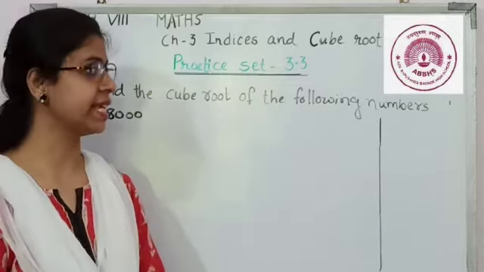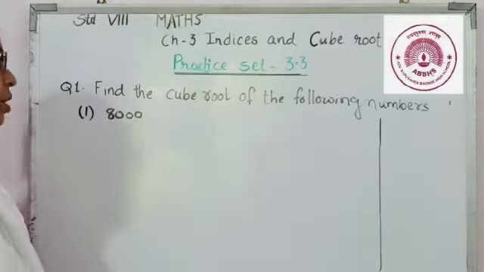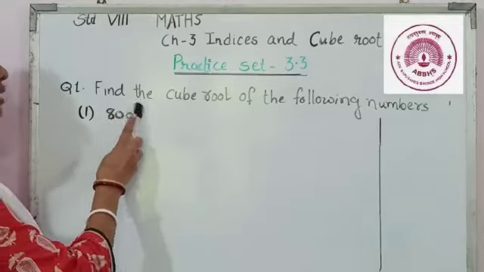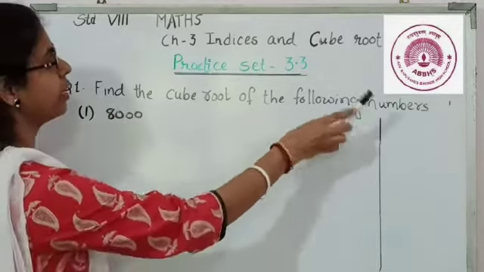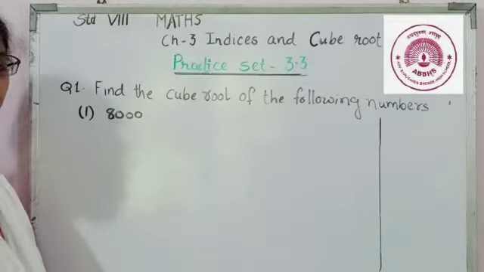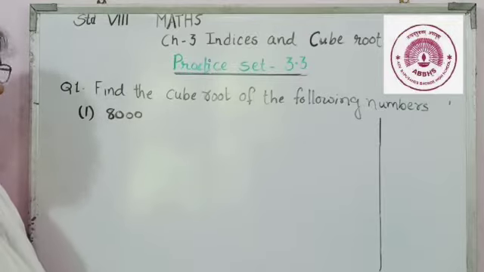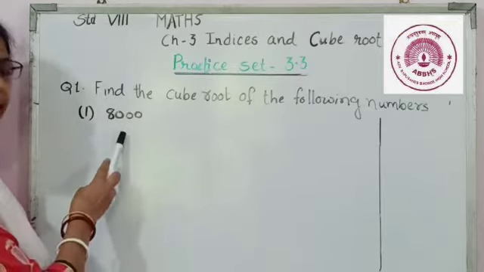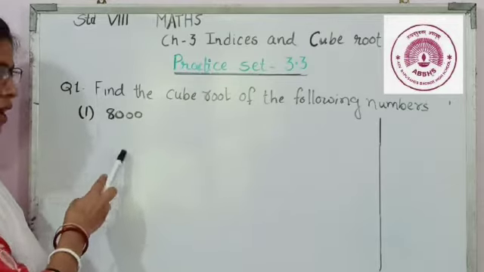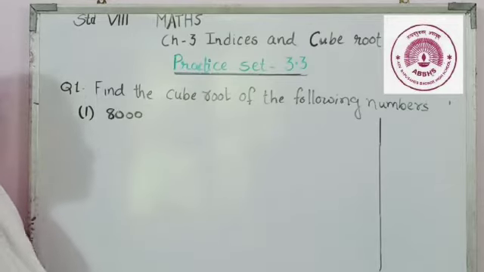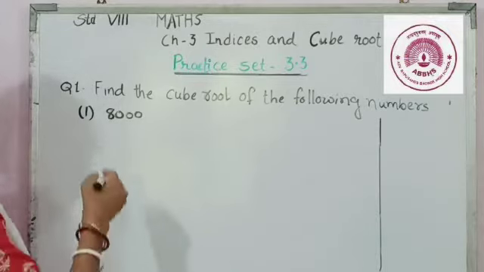Okay, so let's see the first question. Find the cube root of the following numbers. That means we have to find the cube roots of the given numbers. The first number here is 8,000. Now 8,000 can be written as